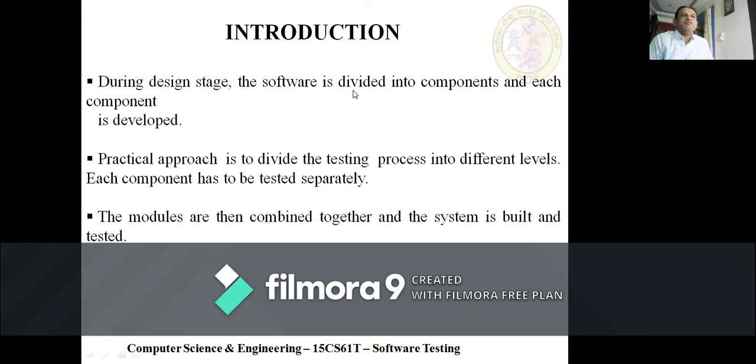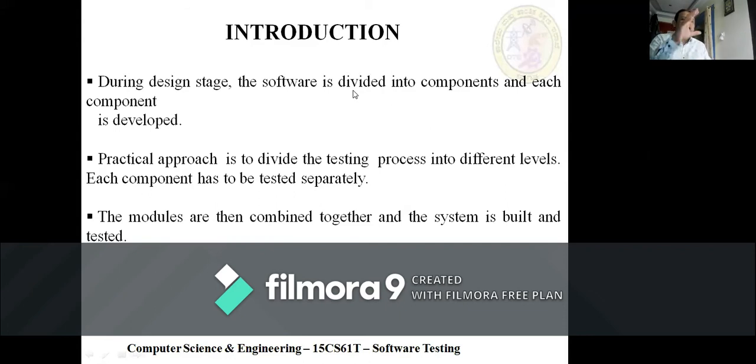So in the design, we divide into separate modules, and each separate module is developed. Later, all these modules will be integrated. Why do we do it like this? Instead of writing a single program, it will be very difficult to debug. Suppose there are 5 modules, each of approximately 200 lines, so 5 modules make 1,000 lines. If there is a single program, you need to search all the 1,000 lines. Now what happens if you divide it into individual modules?